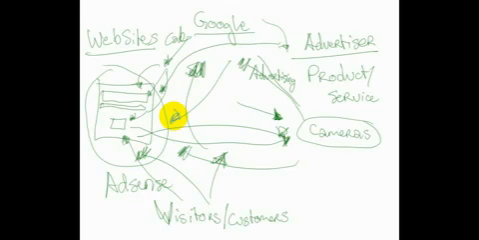Hopefully that makes sense. If that doesn't make sense, please comment below the video here and let me know how I can make it clearer. Obviously, with all of these arrows all over the place, this whole picture here, I probably didn't make it really clear from a visual standpoint. But if you watch back through the video, you'll see what happened with all of those different arrows and what each one of them represents. So hopefully that makes sense. That's how AdSense works as a program.